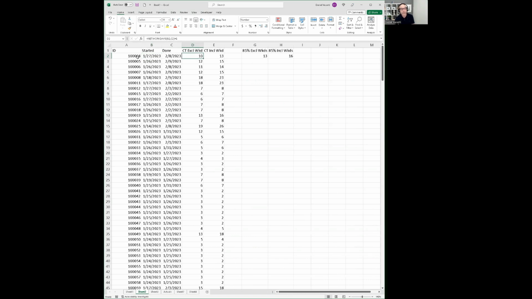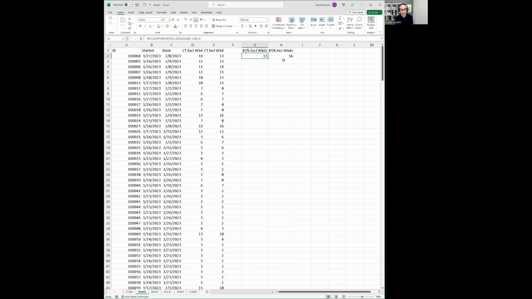If you exclude the weekends in that calculation, you would get a cycle time of 10 quote unquote working days. We'll talk about why working days is a bit of a misnomer a little later. But you would get 10 working days. The true cycle time, the true elapsed time from start to finish, is 13 days. This seems reasonable: if we subtract out weekends, we would expect each of our individual cycle times, excluding weekend time, to be lower.